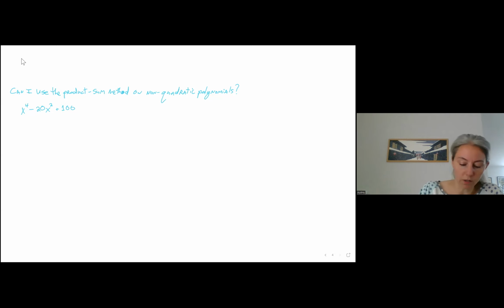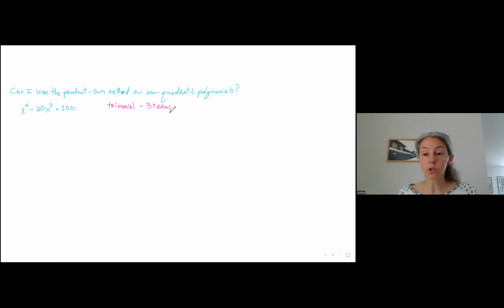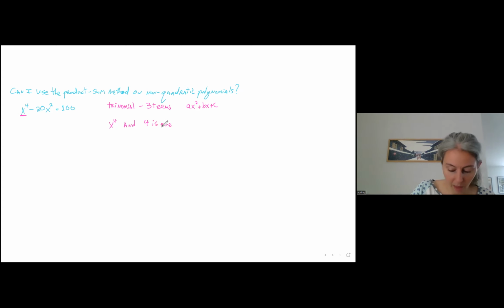There are a few things that I want us to notice about it. The first is that it's a trinomial, meaning that it has 3 terms. So that's similar to our quadratic polynomials, which we know are ax squared plus bx plus c. The second thing about it is the first term is x to the fourth, and that 4 is even. And then the last thing that we're going to notice here is that x squared